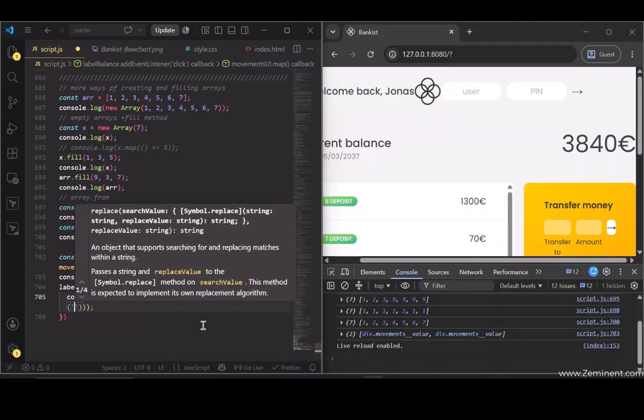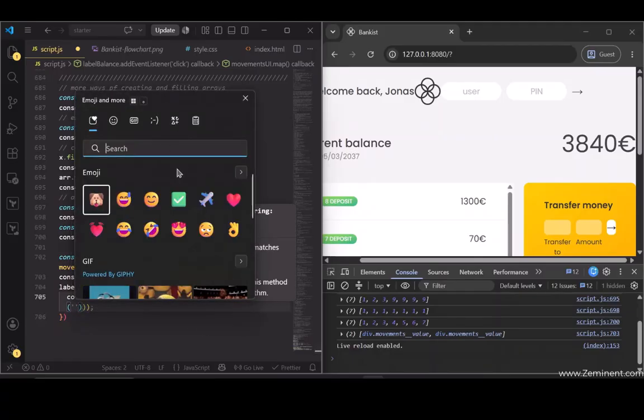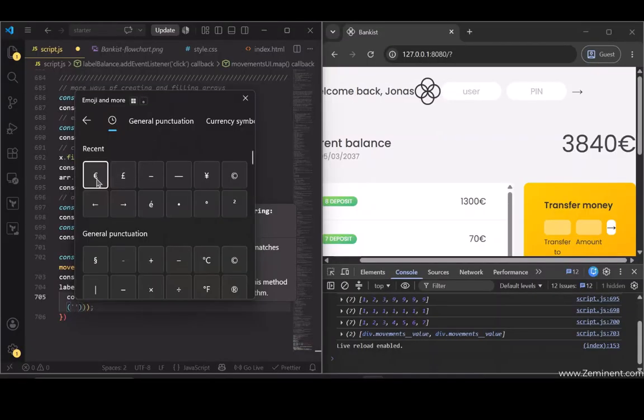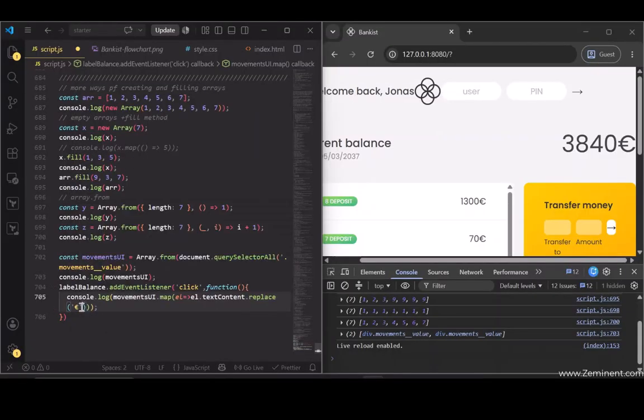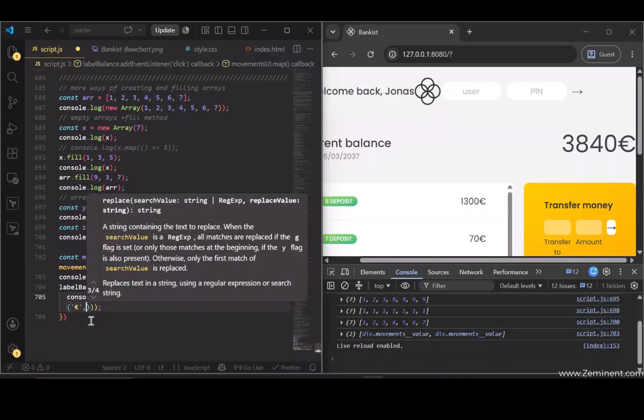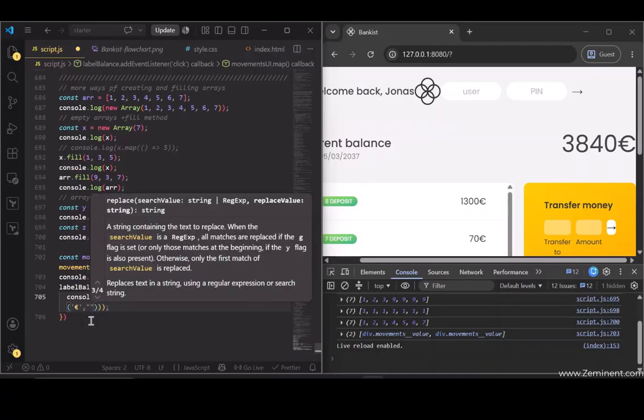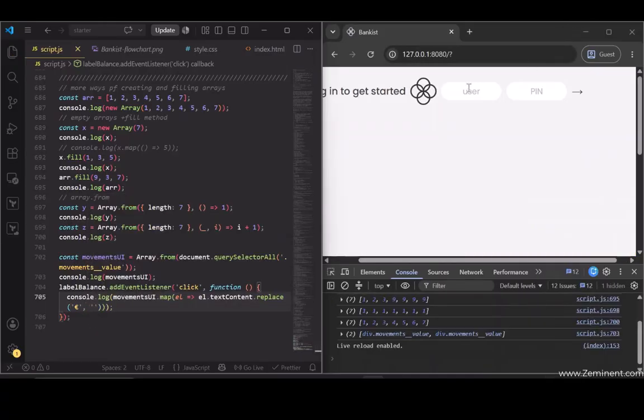So here in replace, I'm using the euro symbol, or else you can just grab it from the code previously. Here I'm just setting this one to empty. So when I save this and just go ahead and say JS,